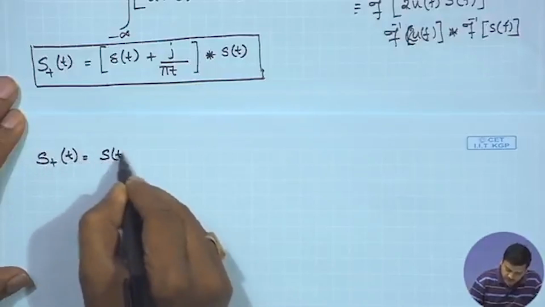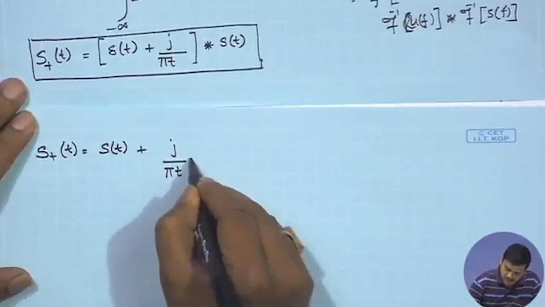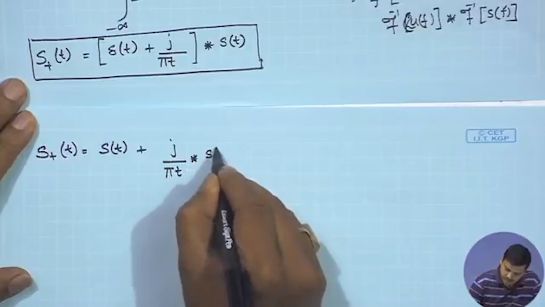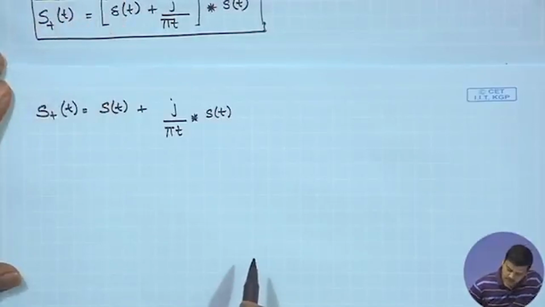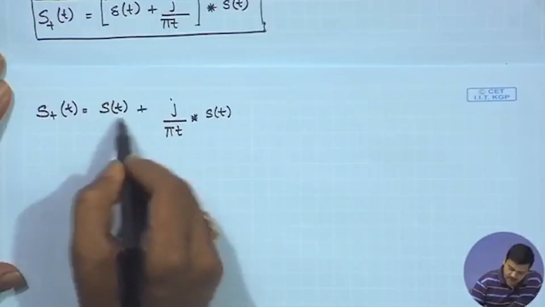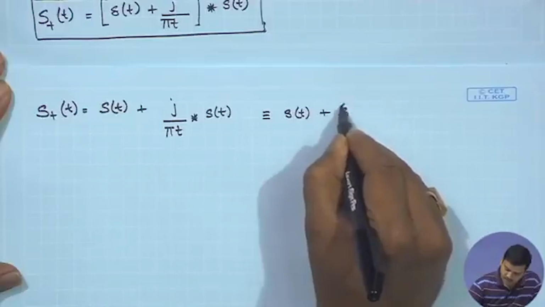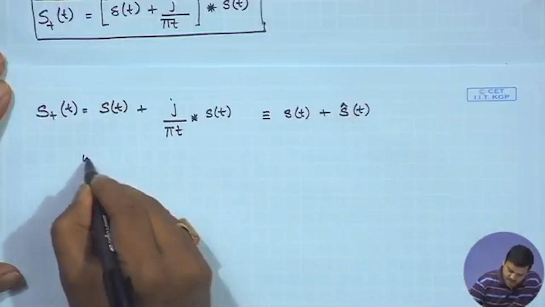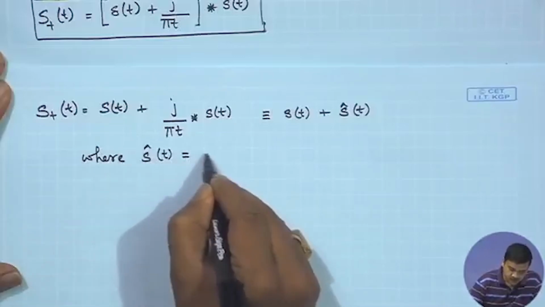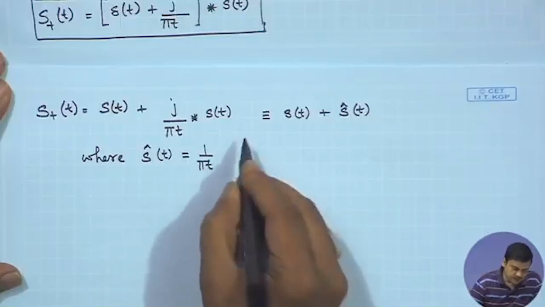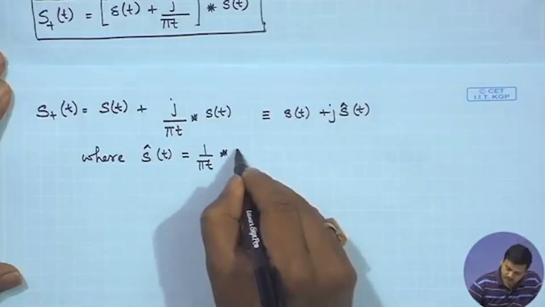So, it is S of t plus j upon pi t convolved with S of t. So, we could say that let us consider this as represented by S of t plus j S cap of t, where S cap of t is 1 upon pi t convolved with S of t,